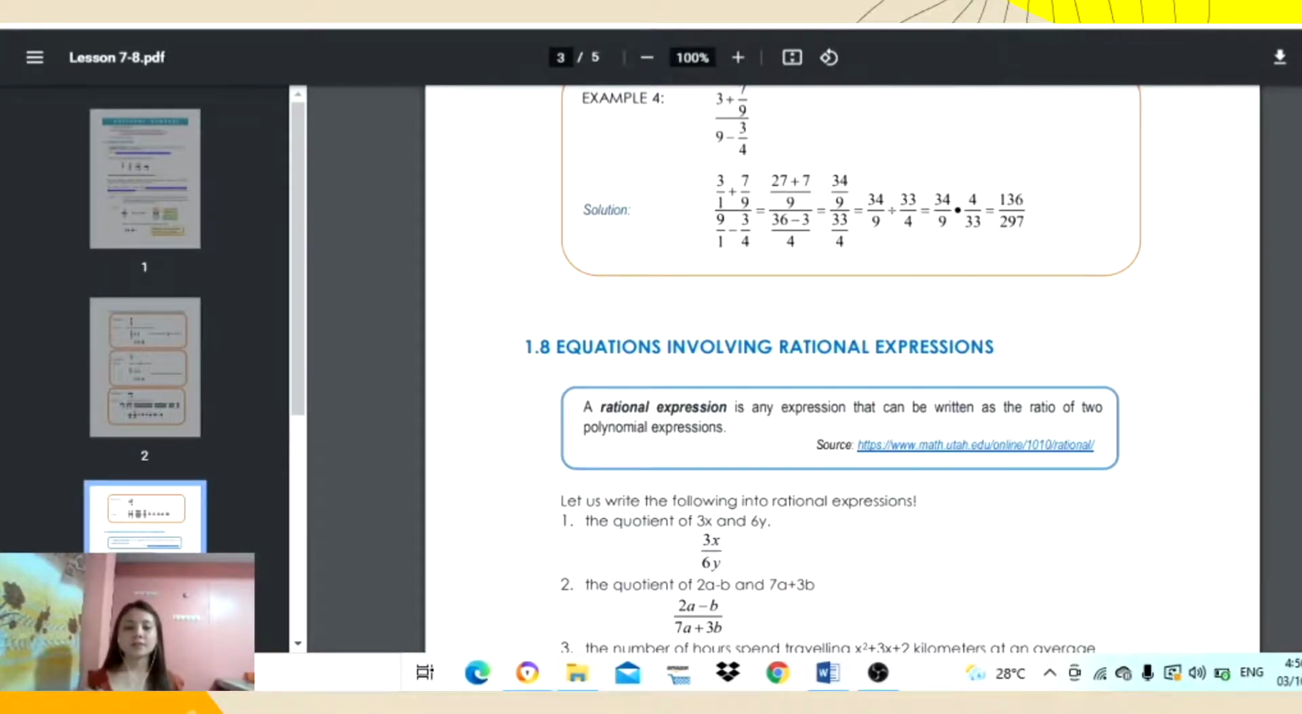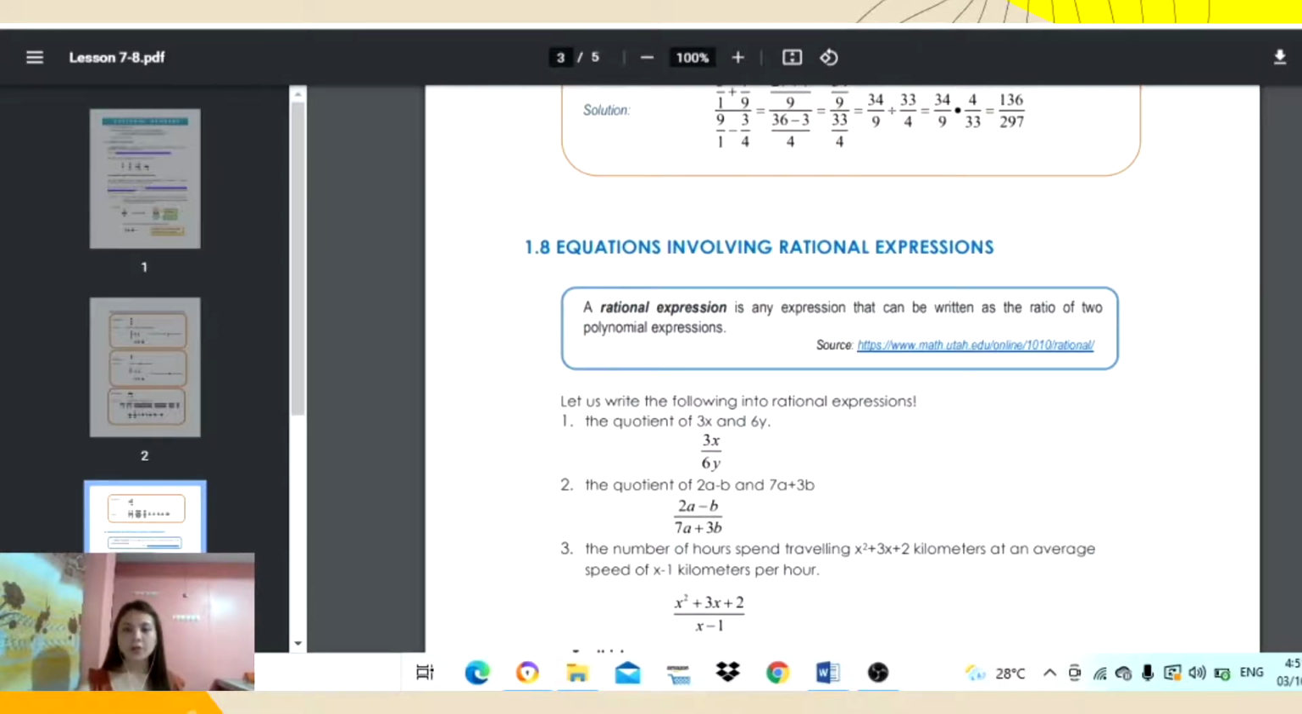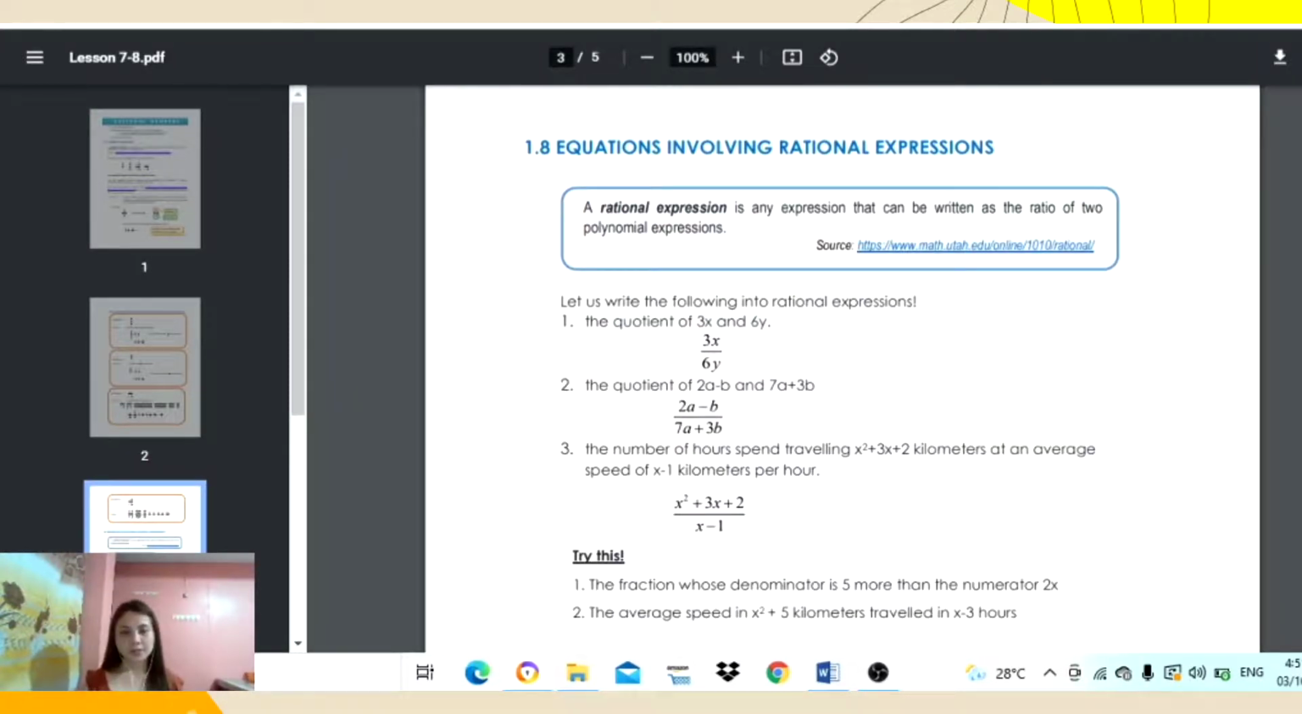Now let's go on to our next topic, which is equations involving rational expressions. So what then are rational expressions? A rational expression is any expression that can be written as the ratio of two polynomial expressions. So in order for you to get a clear picture of what a rational expression is, let's write the following